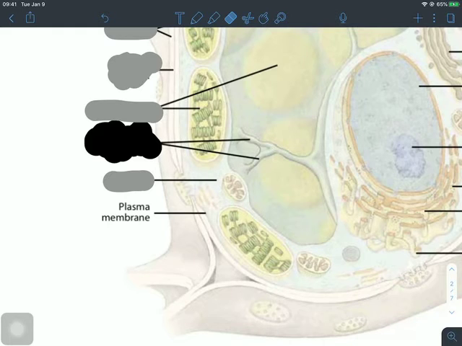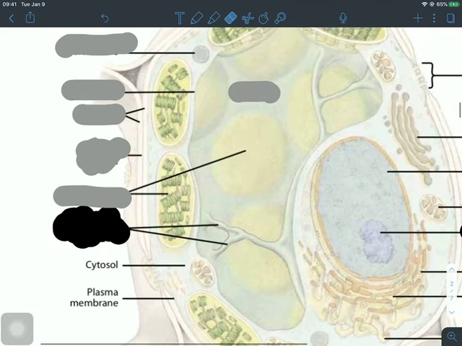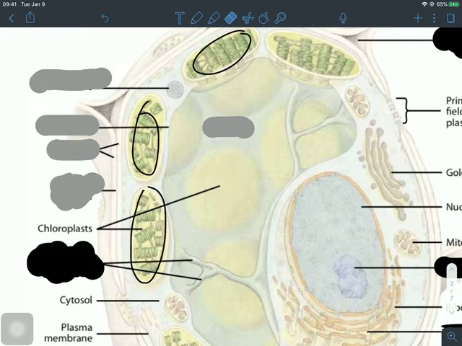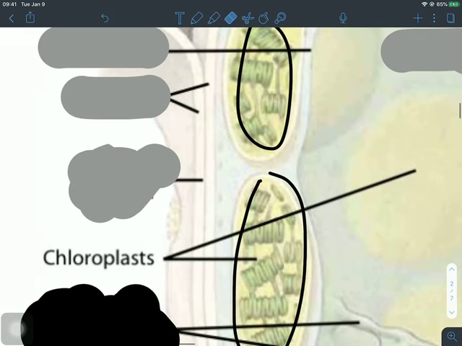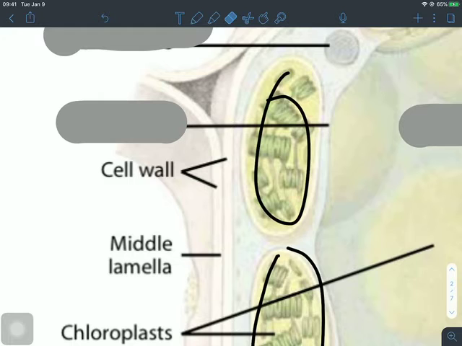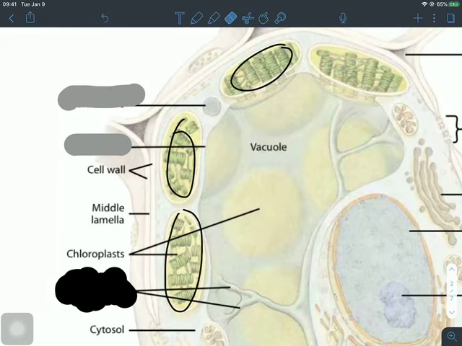We have the cell juice, or cytosol, or cytoplasm. And then we have tons and tons of green bags, lots of them throughout the plant cell. These being our chloroplasts. We also have the middle layer in between our two primary cell walls, the middle lamella, and our two cell walls that differentiate them. And then we have our giant bag of water, the vacuole, whose membrane gets a specific